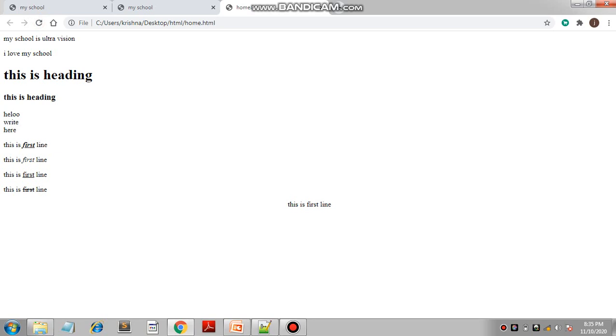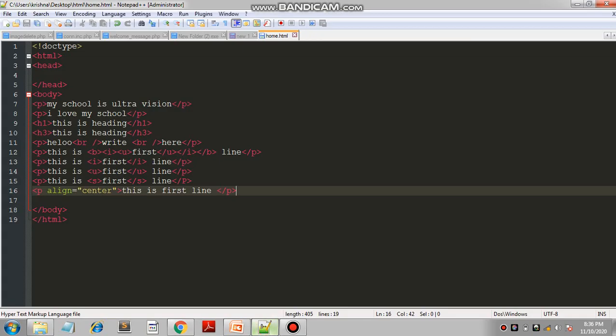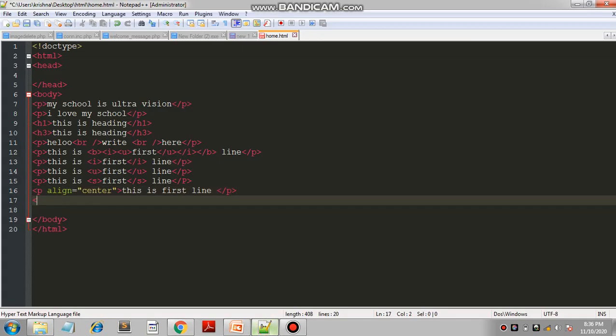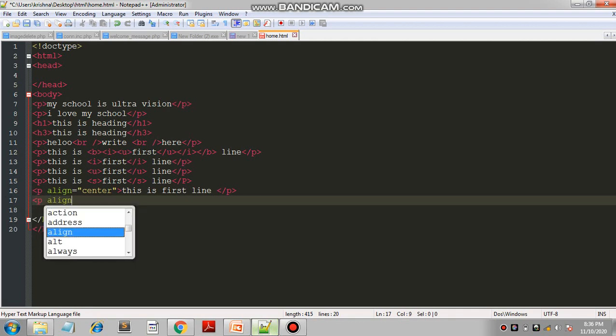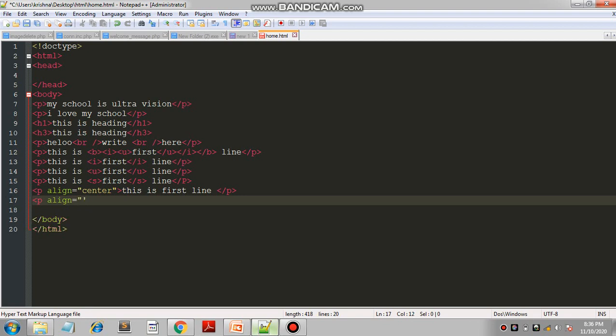This is the first line. Here our line is displayed in the center of our web page using the align attribute. Same as if we want our line on the right, then we use p align is equal to right.